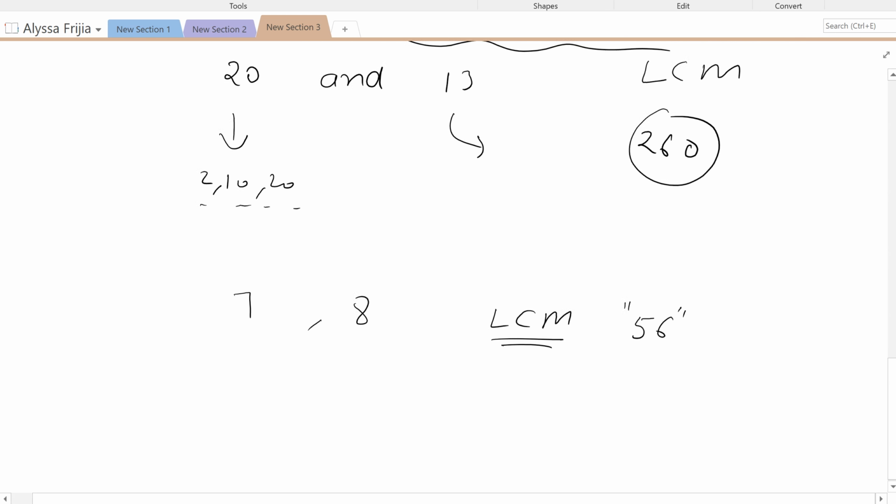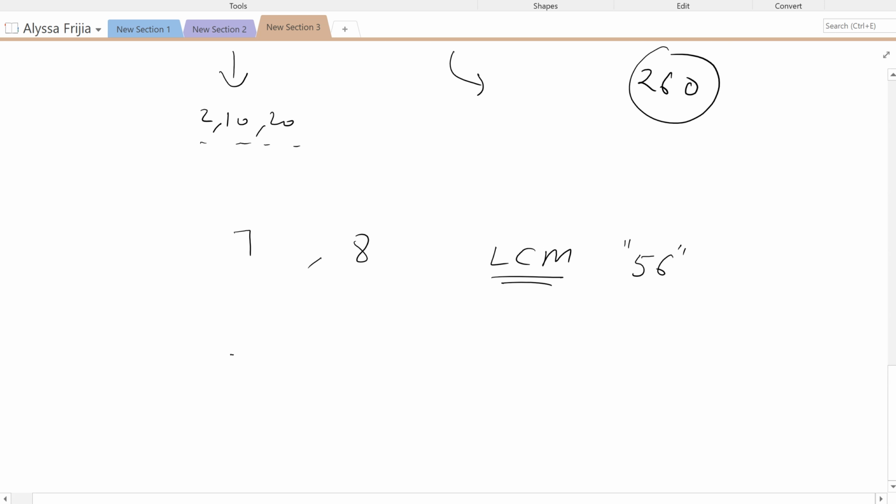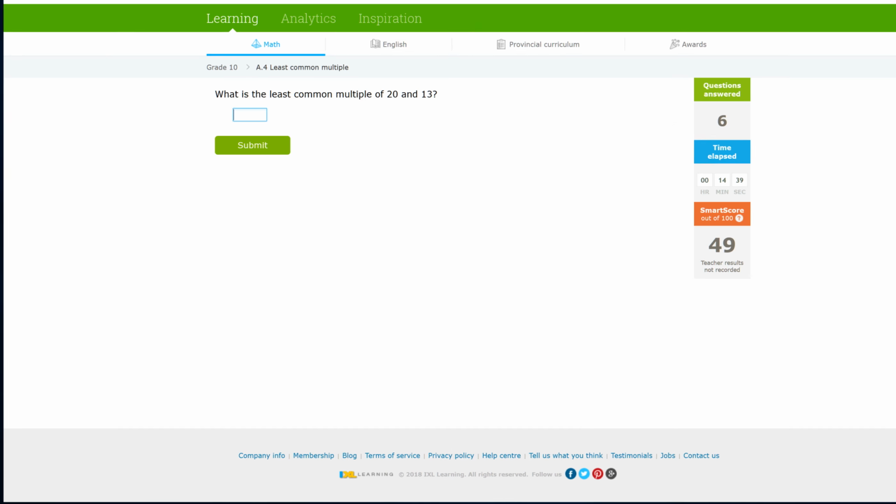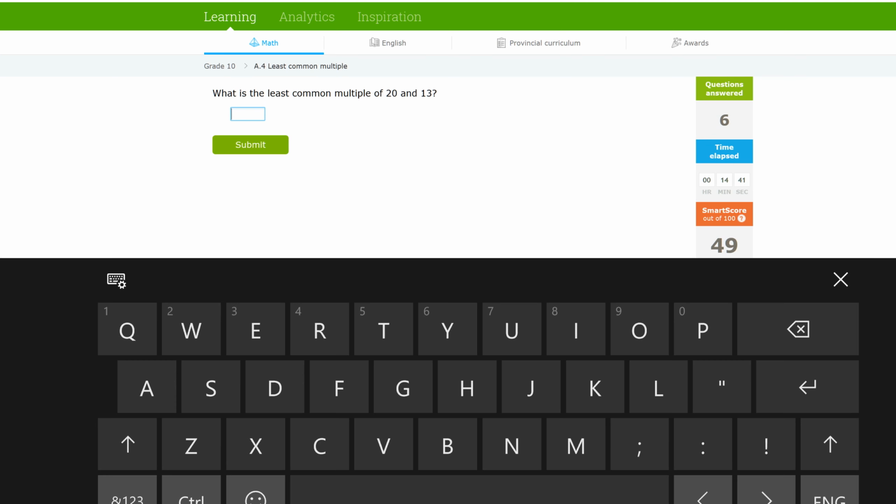For example, if we look at a prime number, let's say 5, 5 is a prime number, comma 20. Now it's not the same case, because 20 is divisible by 5. So in this case, 20 is the LCM. 20 is divisible by both of them. 20 is divisible by 20 and 5. So the LCM of these numbers is 20. And so for that, we're going to write